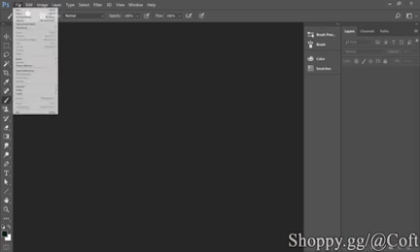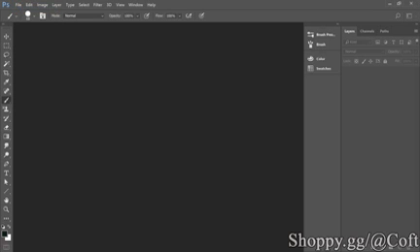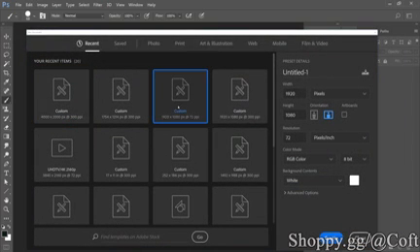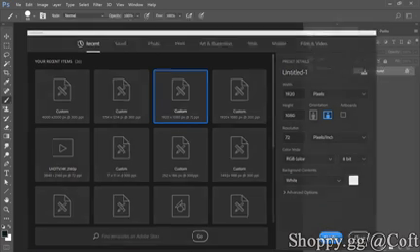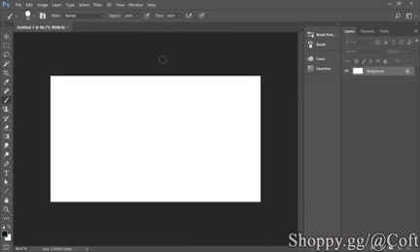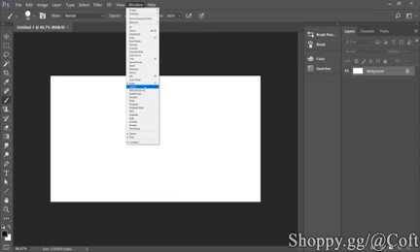Now, to get started, I'm going to open up a new file, and it's going to be the same size as last week, where it was 1920 by 1080 with 72 as the resolution, pixels per inch. Hit create. Okay, so last week we talked about the overall workspace of Photoshop, as well as a little introduction